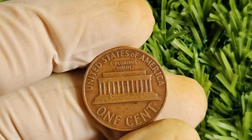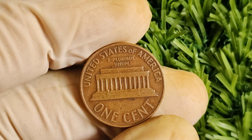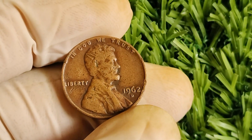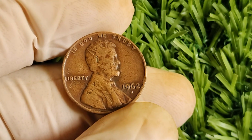Okay, I gotta tell you all this. So last year I'm at this local flea market, just browsing, killing time, and I see this old beat up binder of coins for $10. I figure, hey, why not? Maybe there's something cool in there. I get home, flip through it, and boom, I find a 1962 D penny, shiny, beautiful, with a little doubling